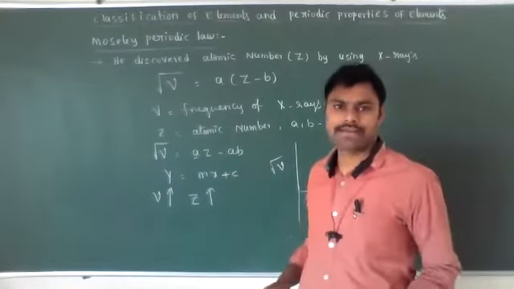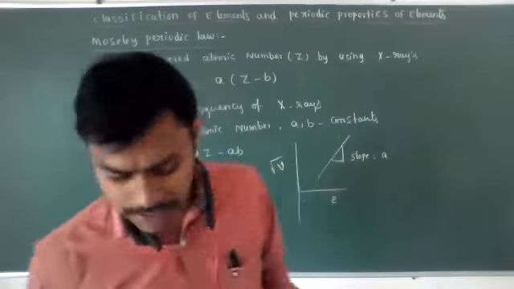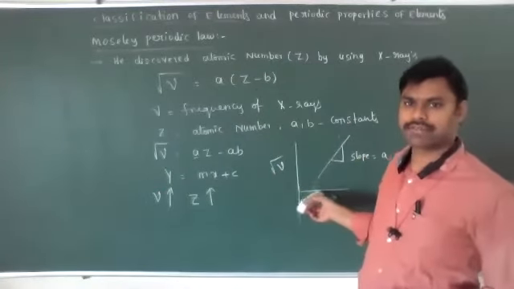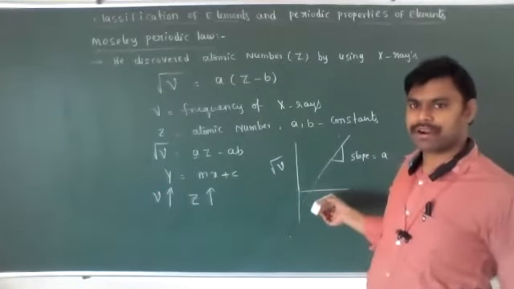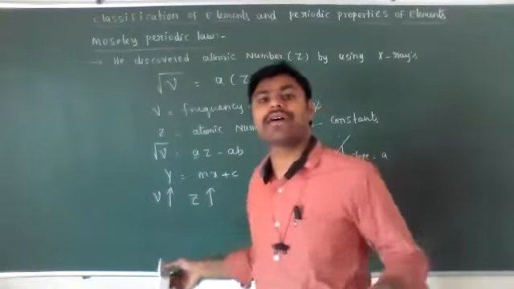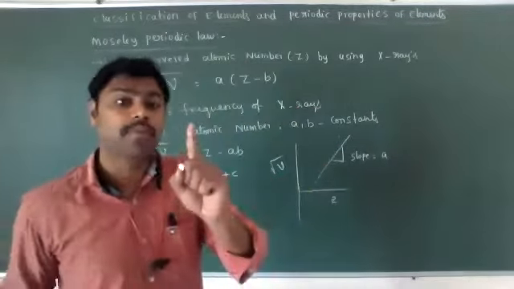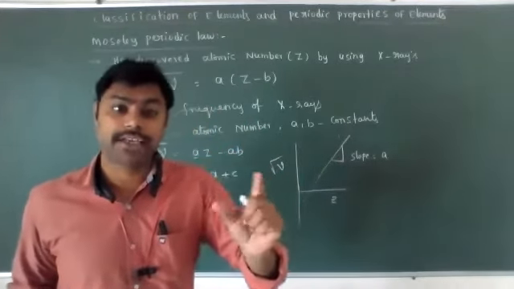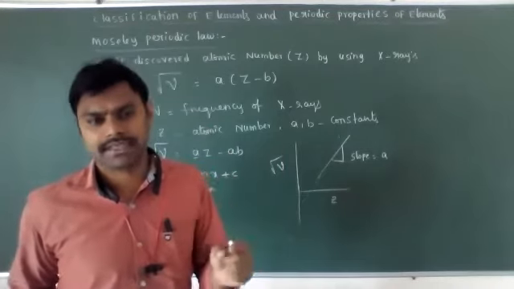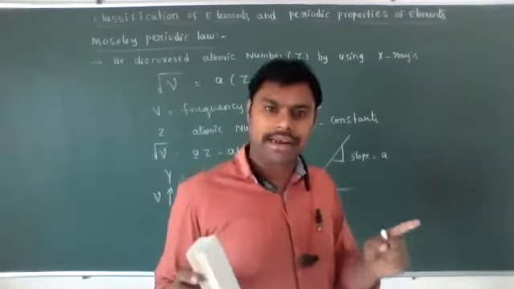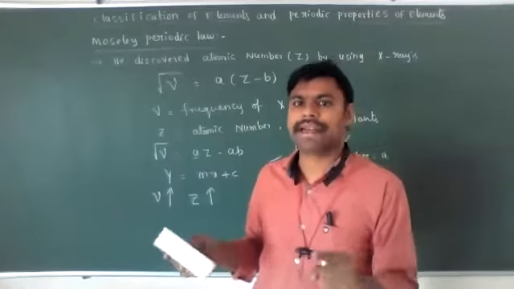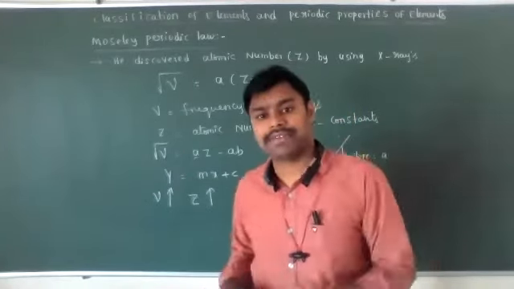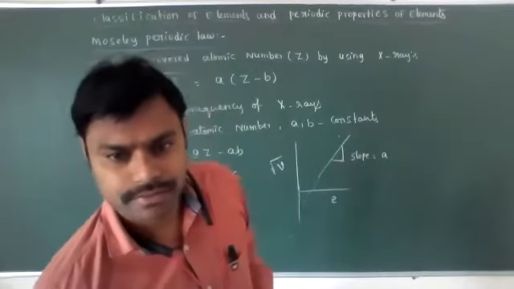So based on that, what Moseley proposed in the periodic law is that the physical and chemical properties of the elements are periodic functions of their atomic number. Understood up to here? Atomic number is individual for every element. But mass, we already know, isobars have the same atomic mass but different atomic numbers. Different atomic number means the symbol representation of that element is different.